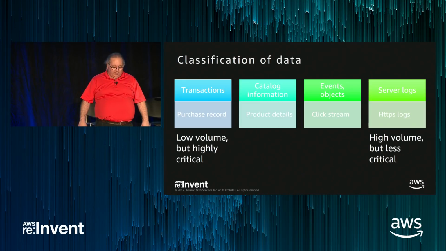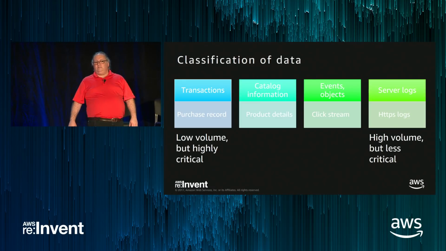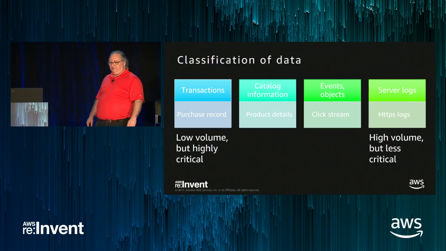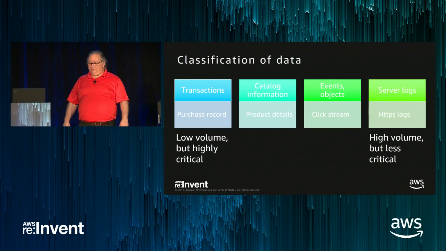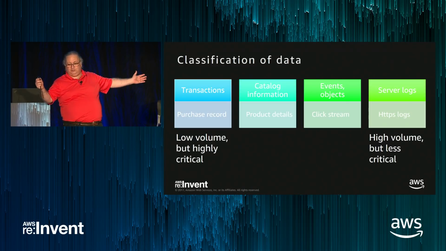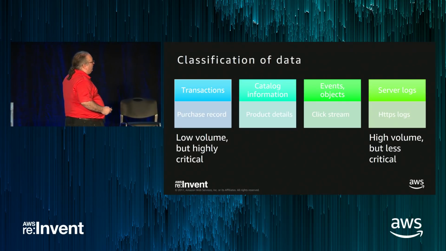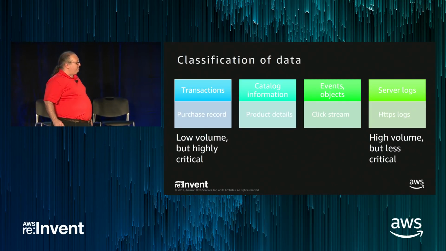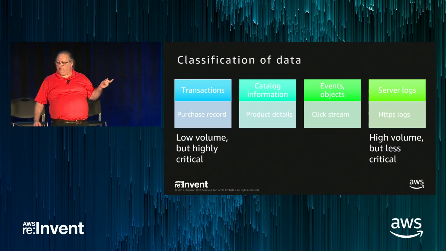The other end is high volume, but less critical. Have you ever looked at how many logs your stuff generates in a day? It's a big number. This is the reason you need things like Elasticsearch as part of that solution. I don't know about you, I'm not smart enough to look at 10 terabytes of JSON and figure out where the problem is. So that's why you need to visualize these things. But you do need to do some level of classification and have different rules for the different classes.